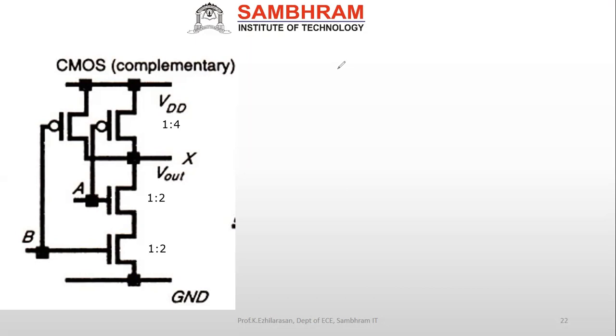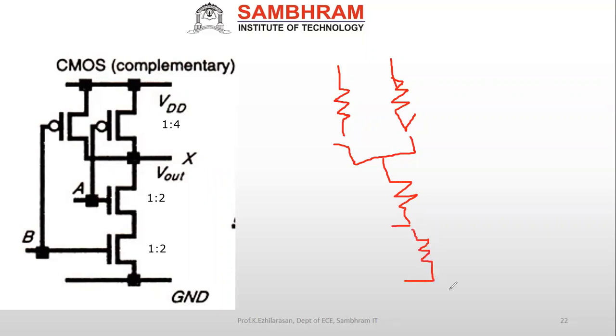See here, how it will be in the sense? Resistance here, resistance, switch, then resistance, then switch, then here two resistors are connected, right? Here switch, then resistance and switch. Now your output is this. We'll have the one load capacitance here. Then this will be your V out. Now this will be connected to VDD.